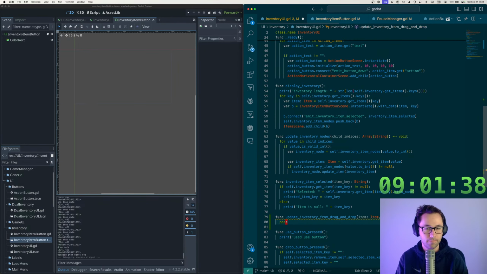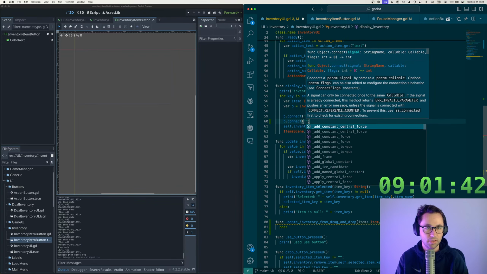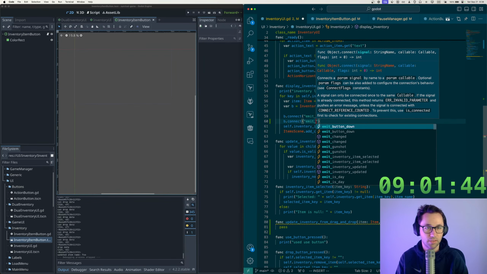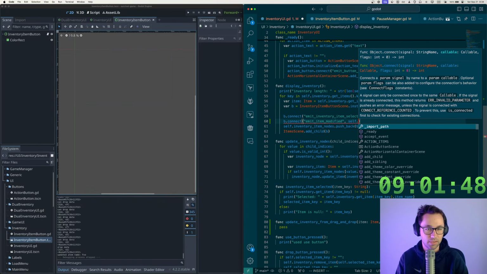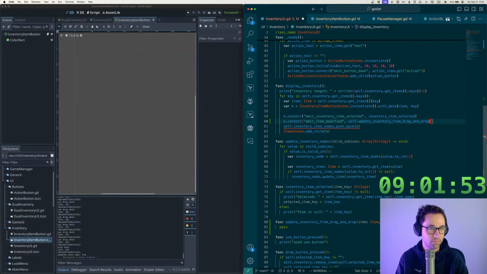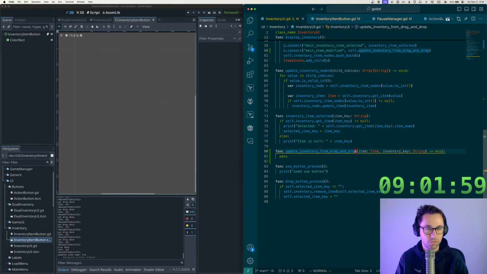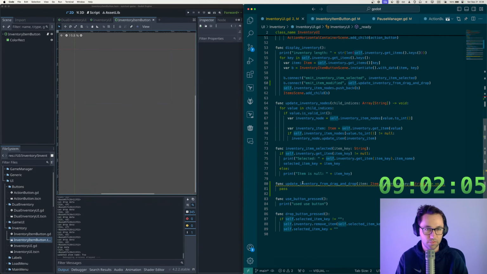And we'll just hold on for a sec. So we'll say b.connect emit, what was it? Item modified, and then self.update inventory from drag and drop. Oops. Cool. So from here, we have access to the inventory itself with self.inventory. So I think we can say if